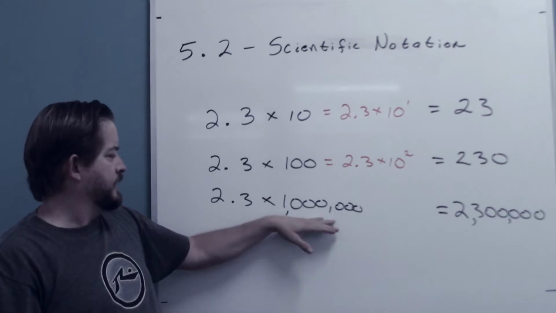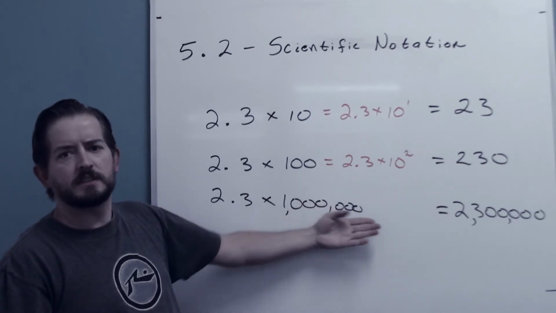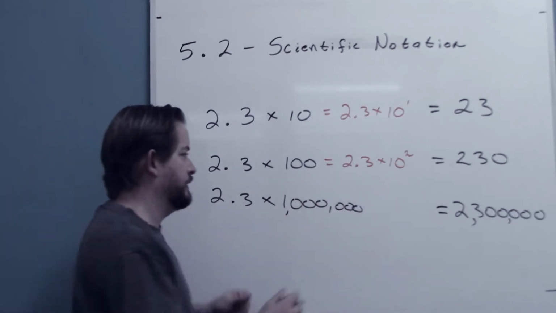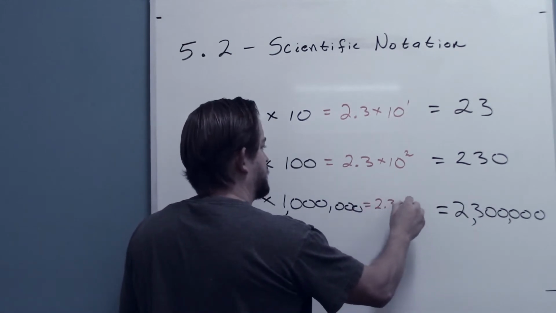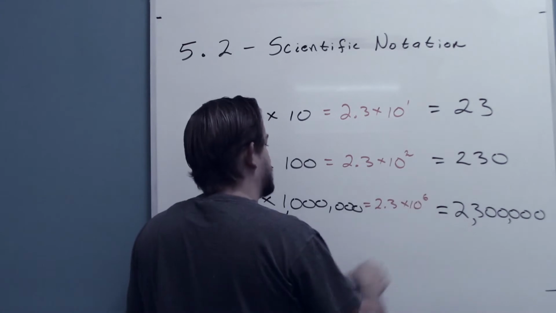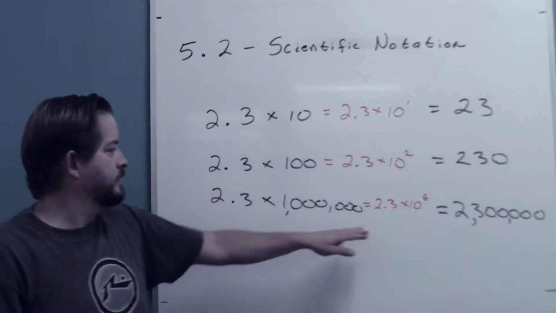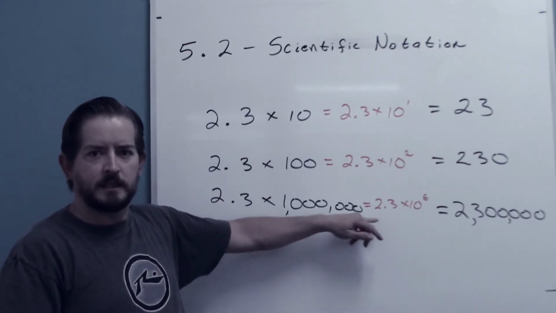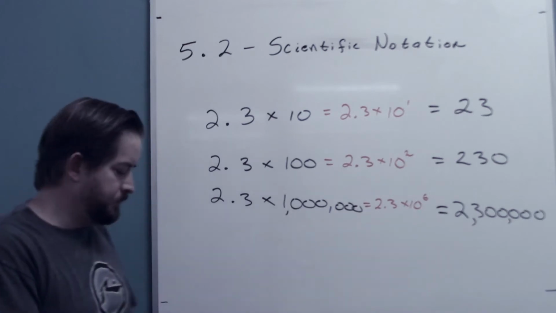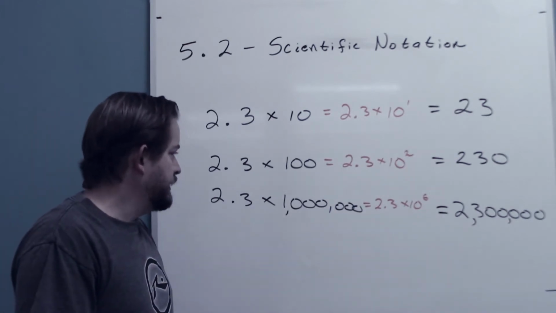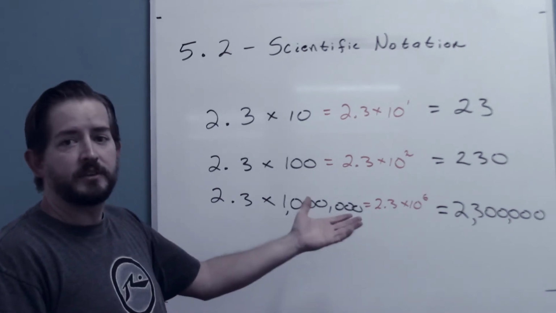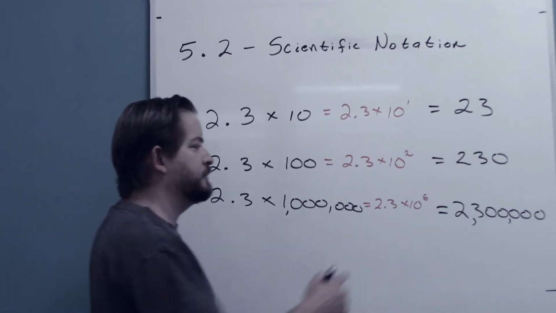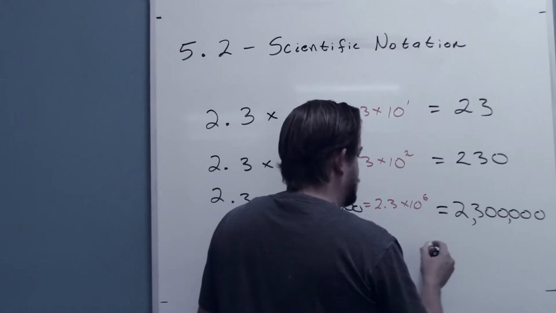And here I just have times 10, times 10, times 10. Well, there's just 6 tens hidden in this 1 million. So I'll write this as, if I have room, 2.3 times 10 to the 6, right? There's 6 zeros there. That's 10 times 10 times 10 times 10 times 10 times 10, right? And that's the nice magical part of this numbering system, this scientific notation, is if I end up having a really huge number,